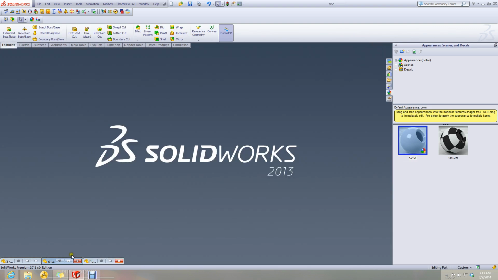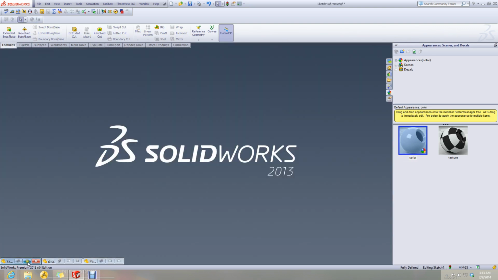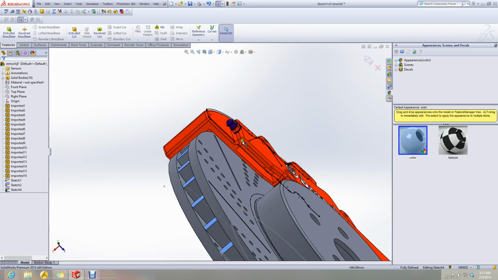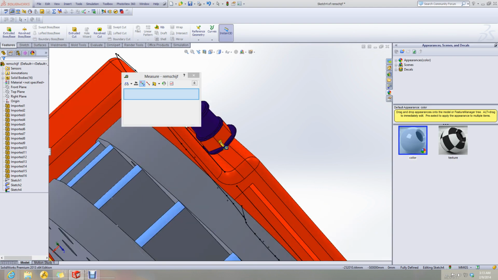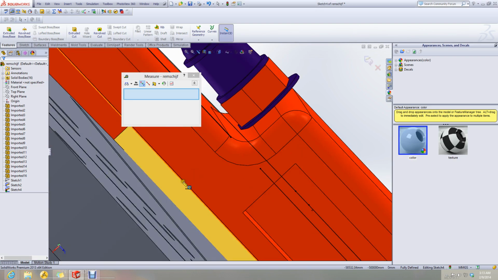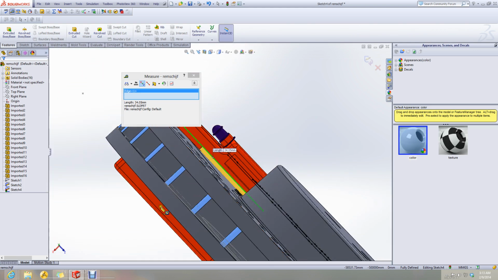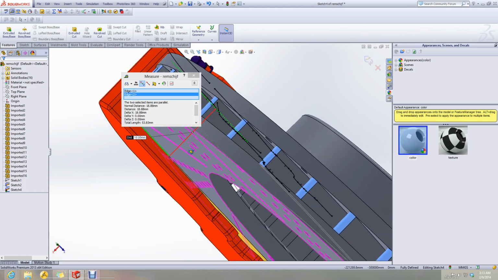The gap is, let me check, it is around 19 millimeters.